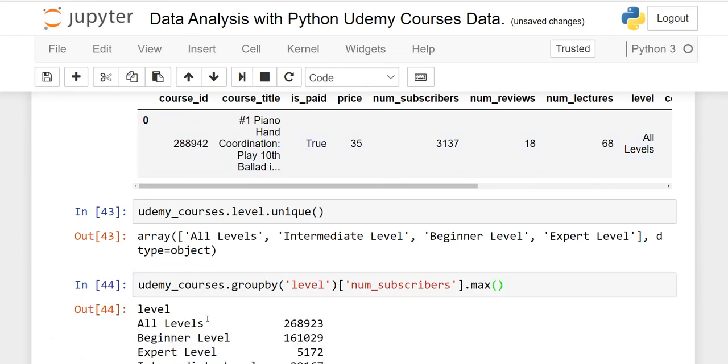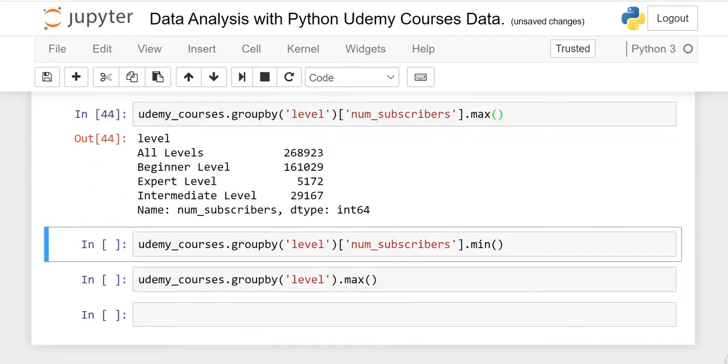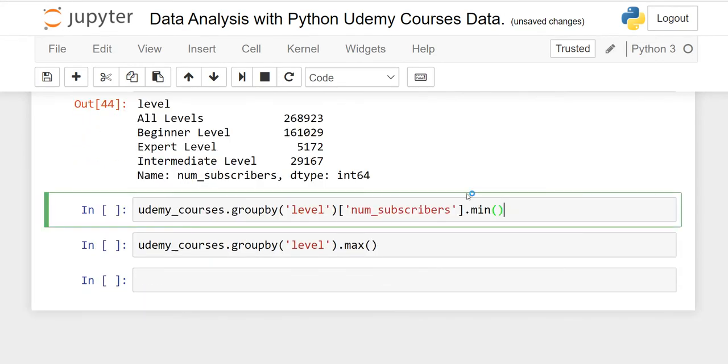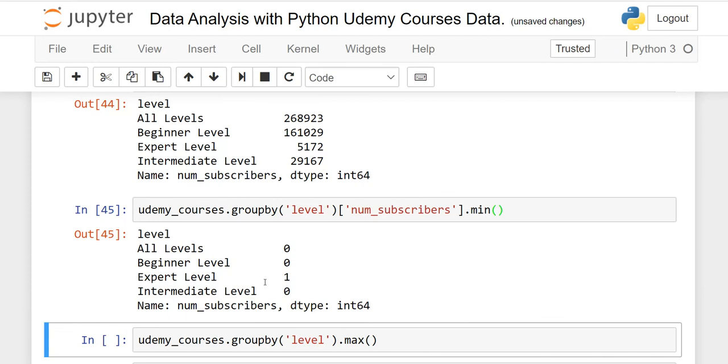When I run it, it will show the highest. All Levels has 268,923 subscribers, Beginner Level has this, Expert Level has this much, and so on. If you want to see the minimum, exactly the same thing, you only have to write min and run it, and it will show you the minimum number of subscribers each category has.